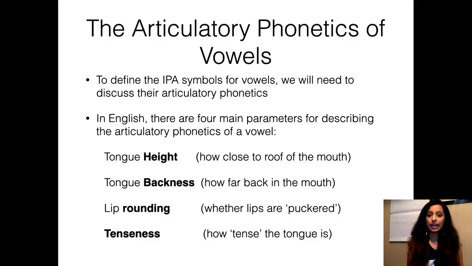The first one is called the tongue height, and this has to do with how close to the roof of the mouth your tongue is. And then you have tongue backness, which is how far back in your mouth your tongue is. And then you have lip rounding: are your lips rounded or unrounded during the production of this particular vowel? And tenseness, that is how tense the tongue is. We will see each of these parameters in detail, and by doing so,